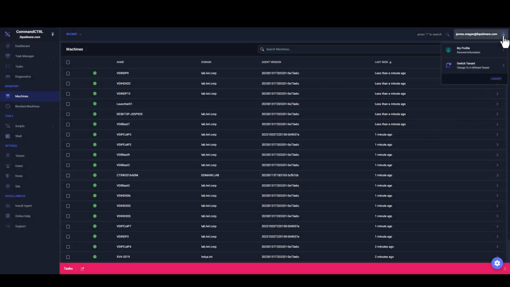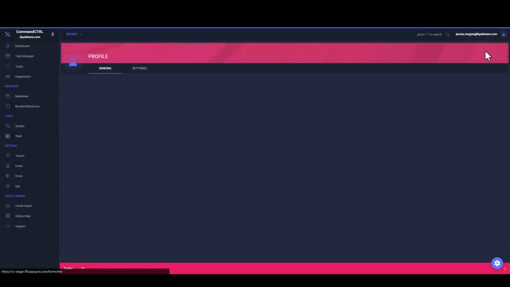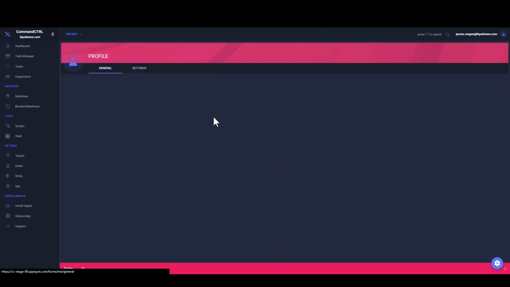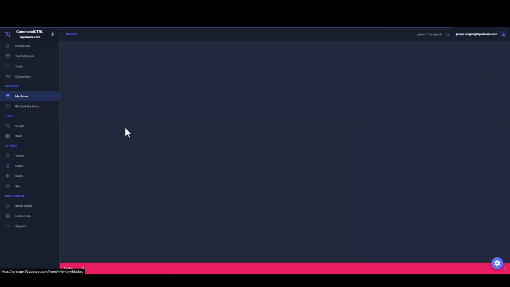And then if I look at my account, if I go to my profile, I can see my role, I can see the tenants as well, and I can see when my account was created, and I can see my email address. So that's all the kind of things around profile. As you can see, we've got roles. There's various different roles we have, so we can support the full RBAC. But if I go back to my machines view,